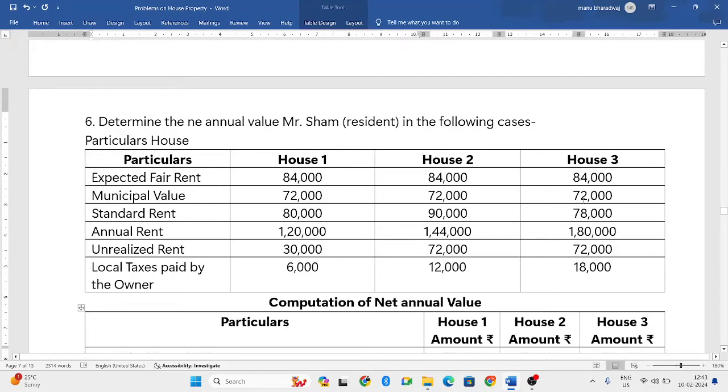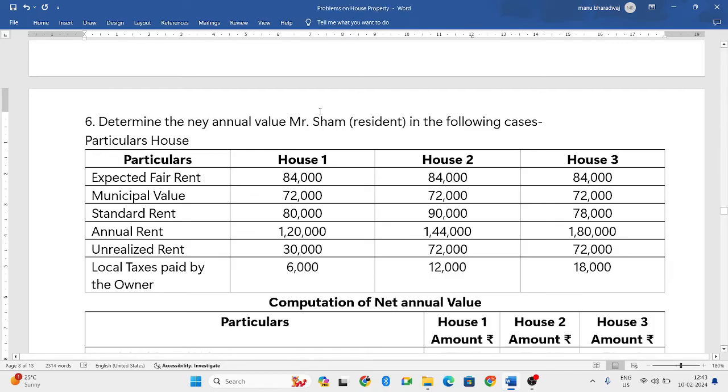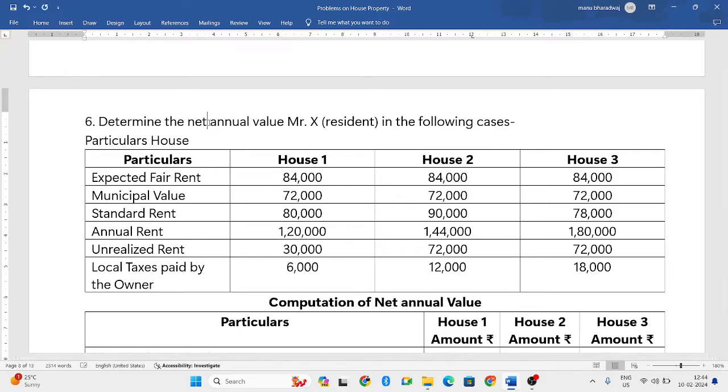In this particular video, let us solve one more problem related to income from house property. So the question is on the screen. Determine the net annual value, that is NAV, of Mr. X in the following cases. There are three particular houses. So they have given expected fair rent, municipal value, standard rent, annual rent, unrealized rent, and local tax paid by